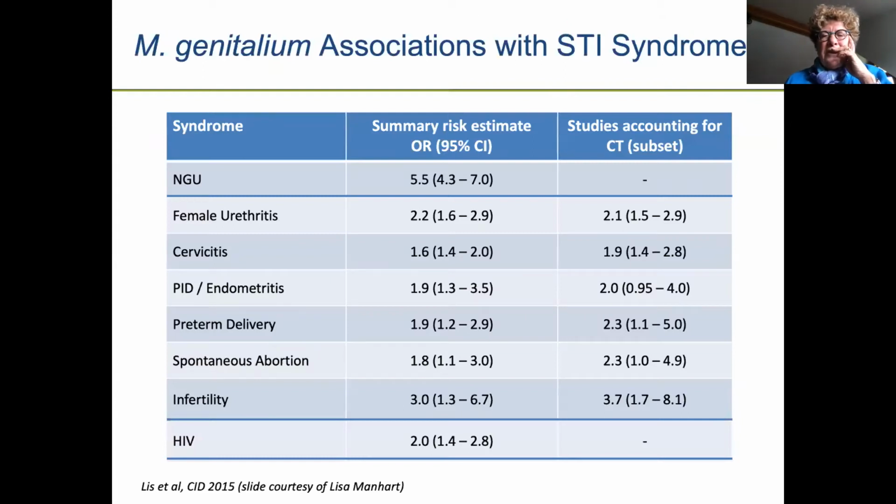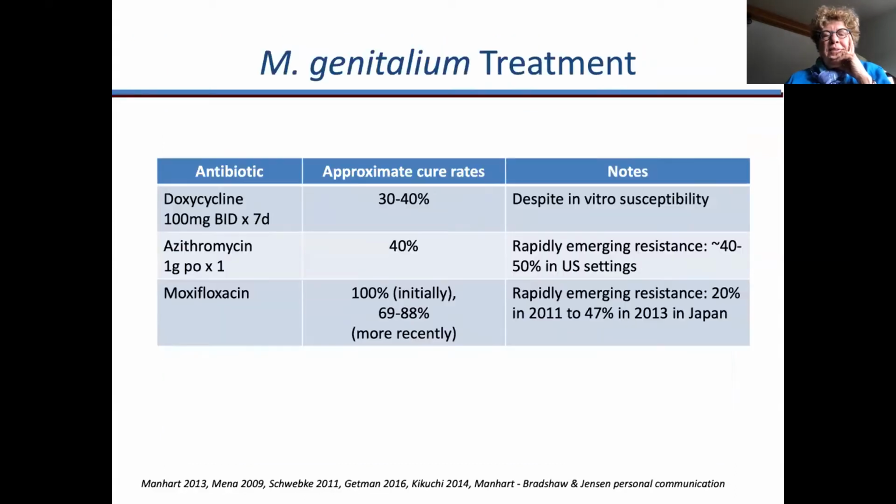Just finish up with M. genitalium. I didn't have time to go into that, but I think there will be more guidelines coming out in the CDC treatment guidelines soon. But M. genitalium is really particularly an issue for non-gonococcal, non-chlamydial urethritis, where those who have it have M. genitalium. There's about a 5-fold increase with urethritis. One challenge is treatment.